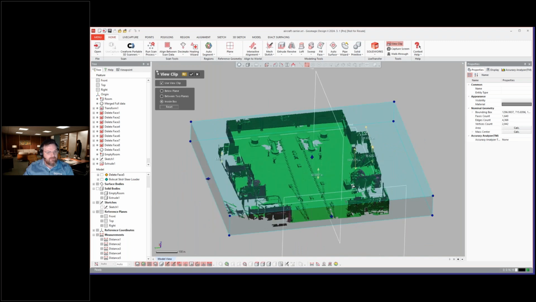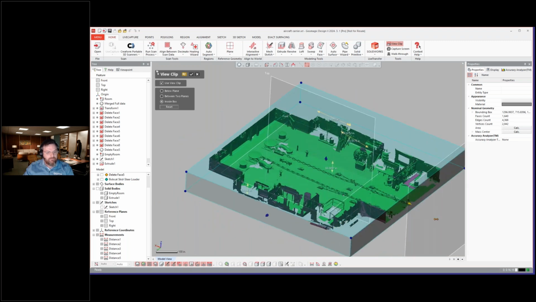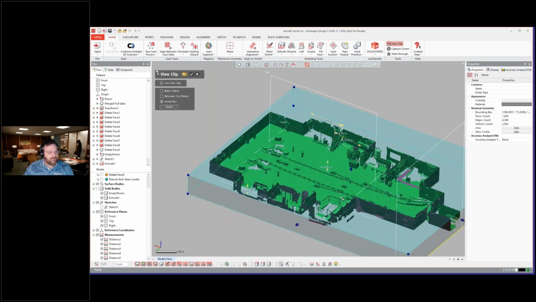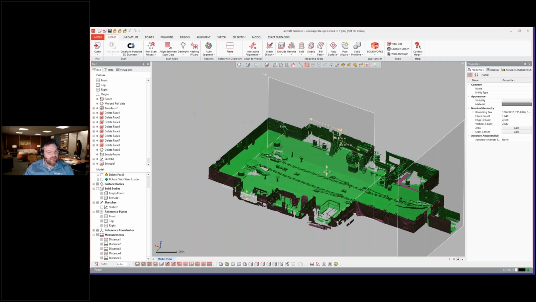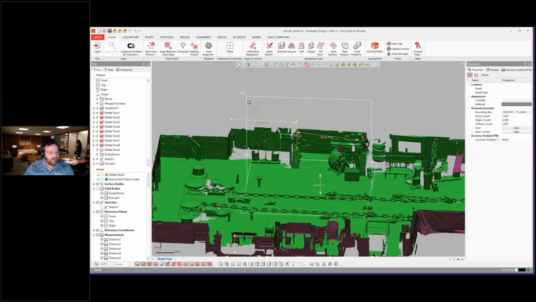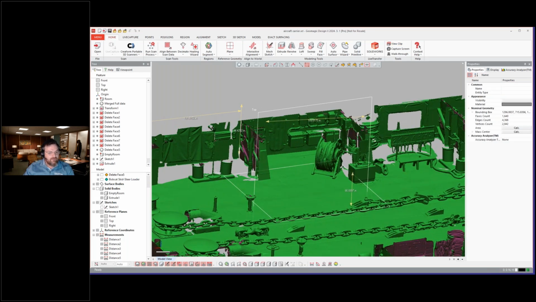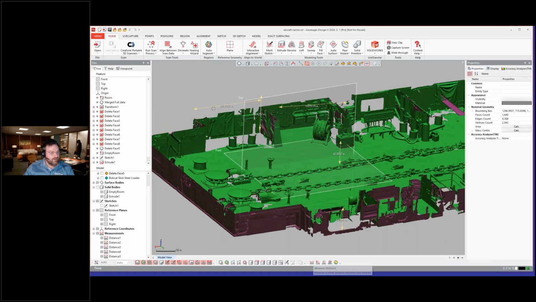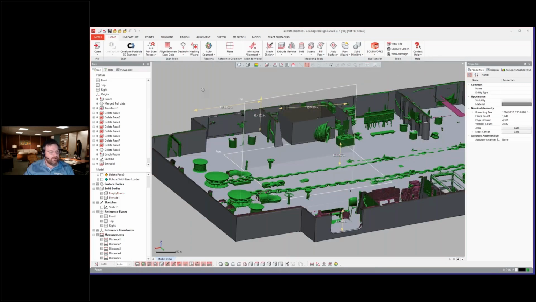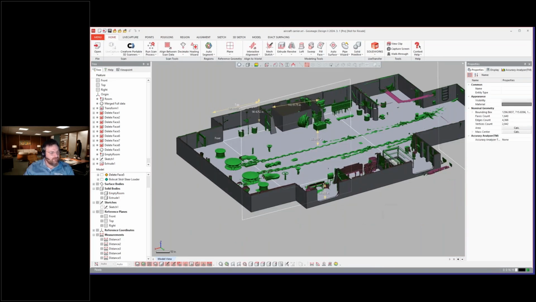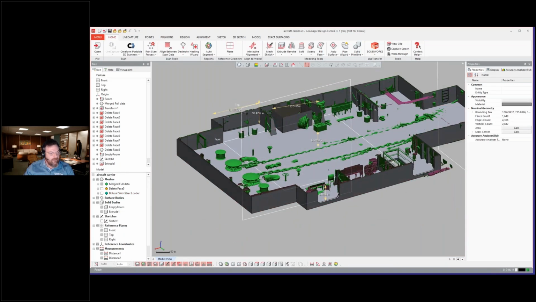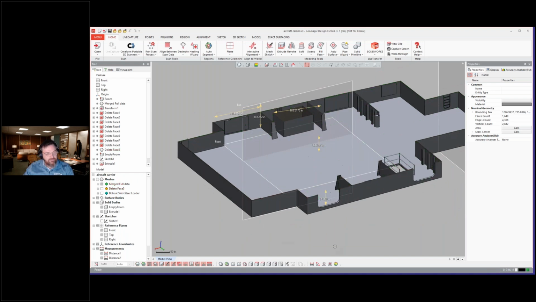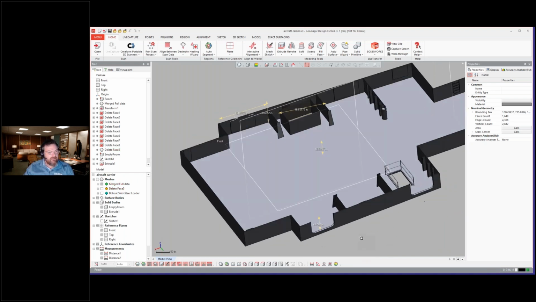Another thing along the lines of the measurements and just analysis here, you'll see that I have a bunch of dimensions listed. So you have the ability to create dimensions in here with this whole dimension palette down below. And those dimensions are actually built right on top of the CAD that we designed from it. So you can see here, if I go ahead and hide the mesh, this is the CAD that